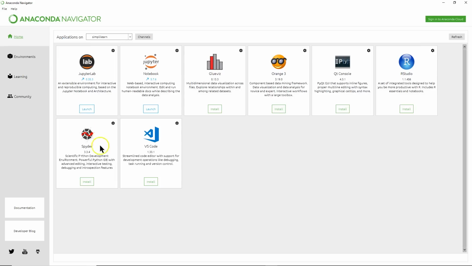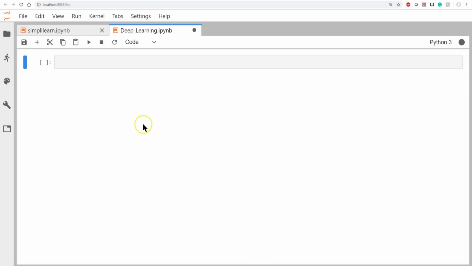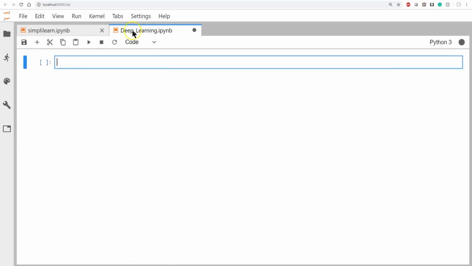We'll go ahead and start up our Jupyter Lab, which is going to open up, in this case, in Google Chrome. In Jupyter Lab, you have multiple tabs and added options, like a folder and different things you can do in the lab that you can't do in the notebook. But everything we're going to do, you can easily do in the notebook. You'll start up a new project. Deep learning is what I'm going to call this.